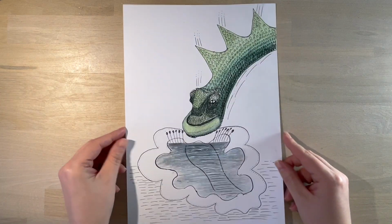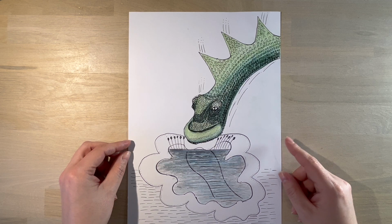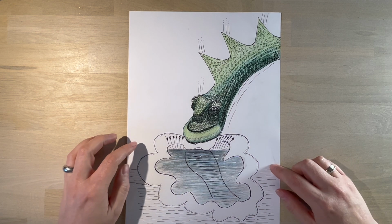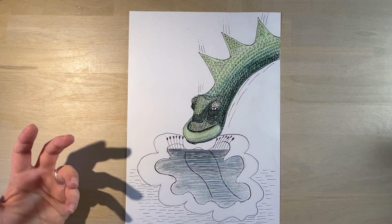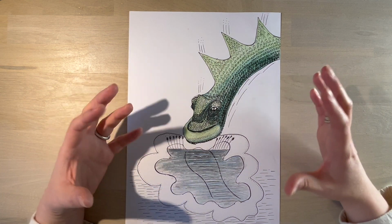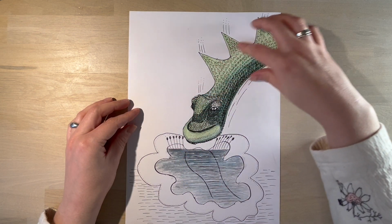Then another one I did was this one. It looks scary, doesn't it? Well, our homework was to create a fantasy animal, which is the combination of two animals that exist in nature, sort of morph them. And what I used is I used a lizard as an inspiration photo. So what you see here is I tried to mimic a lizard,